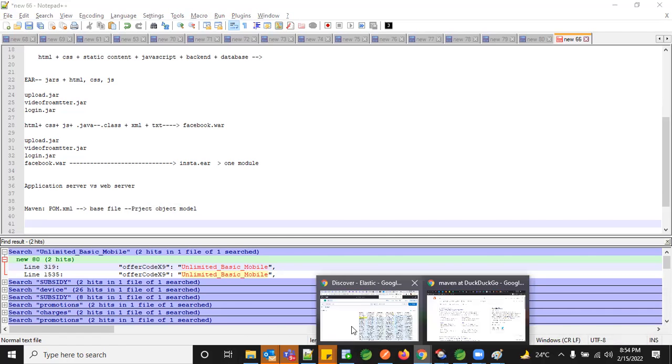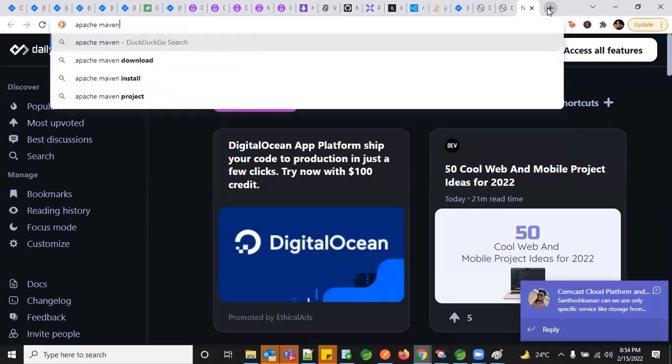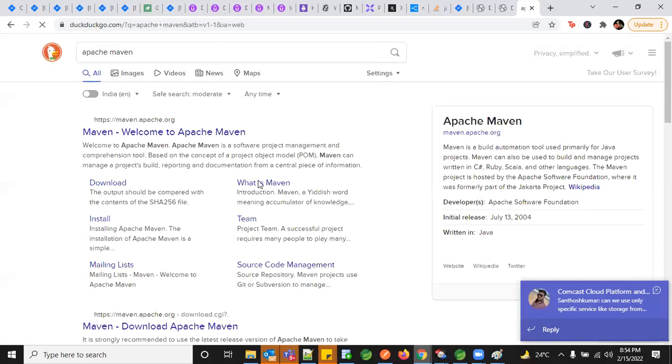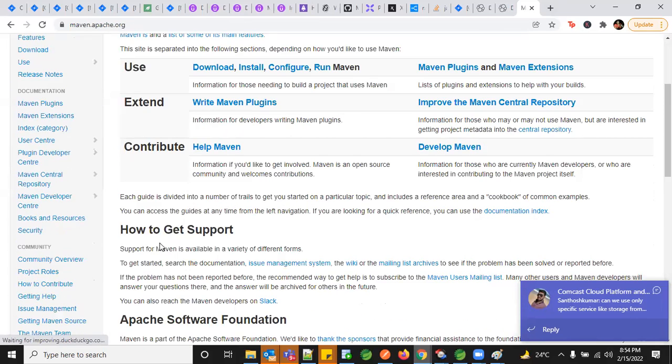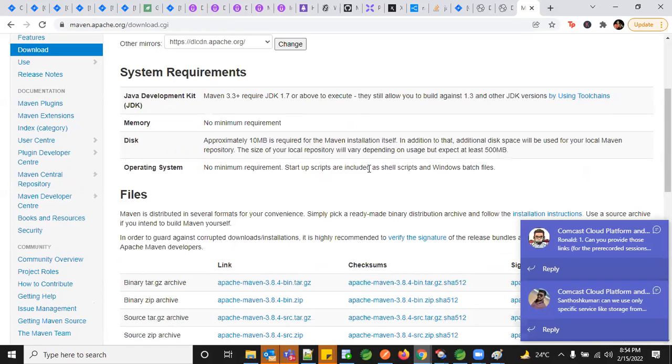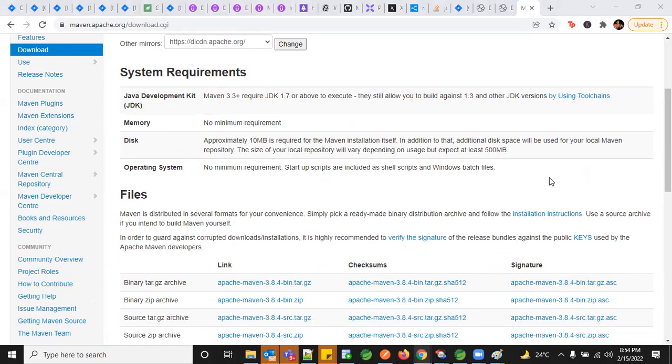Go to maven.apache.org. If you are using a Windows system, go there, or if you're using Mac, you can use the Mac related option. The prerequisite for installing Maven is Java. Since you have Java in your system, try to install in the same path. Like where you have the C program files Java, have a package created for your Maven as well. I'll show you that.